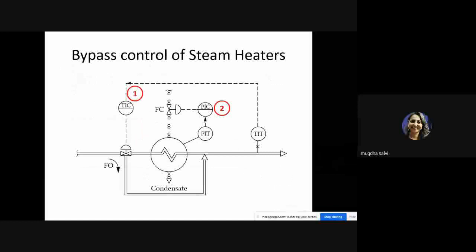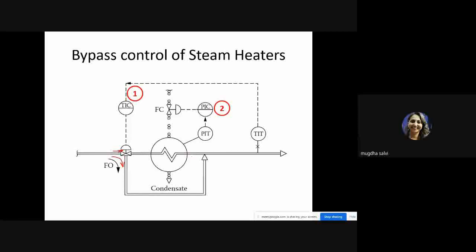So, bypass control for steam heaters. In this particular situation, it is going to act the same. In bypass control, you have fail to open, but if you see the direction here, in the previous one, this one was the open direction. Now, since it is a heater, your bypass direction or the normal direction is this. If required, the flow goes through the heat exchanger, or there will be a minimal flow through the heat exchanger depending on the requirement.